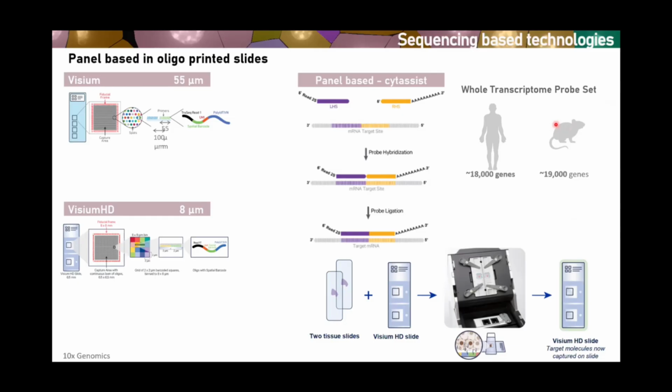So far, this is panel-based, so you have to design a panel. The drawback is it's so far only available for mouse and human. And all these panels include all protein coding genes. So you have to take into account if you are interested in, for example, non-coding RNAs might not be the way to go. And then the last benefit that this method has is that you don't need to work directly